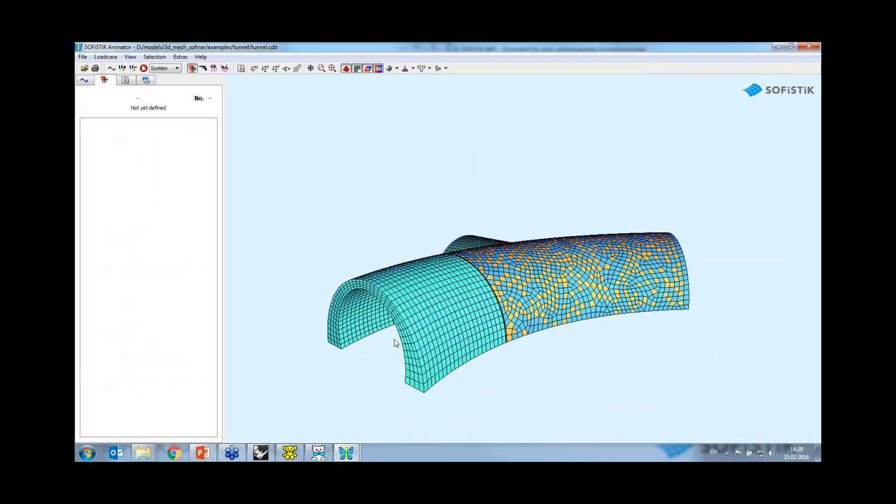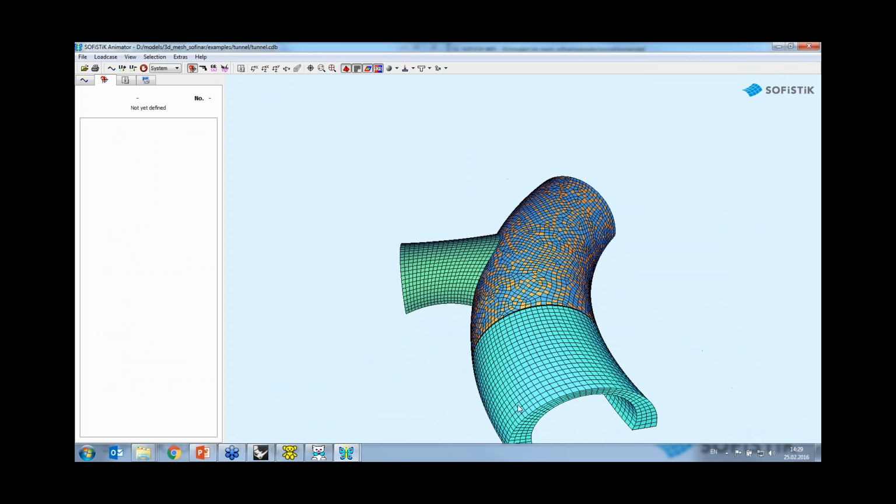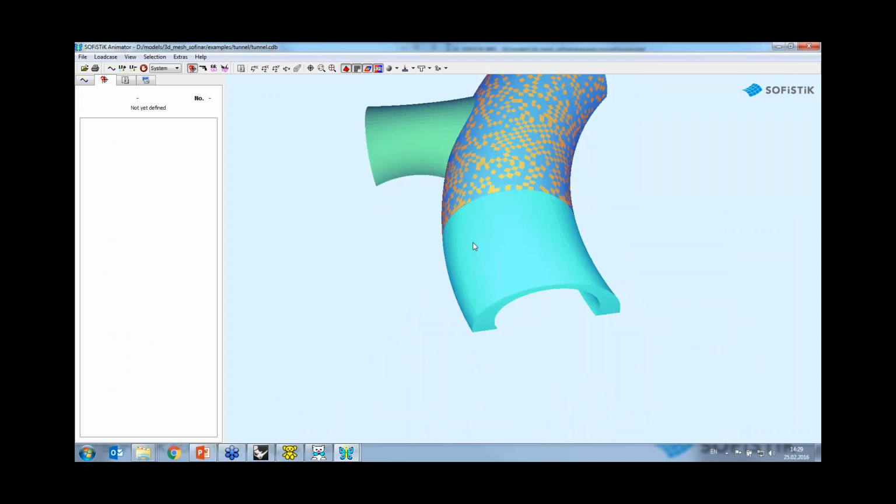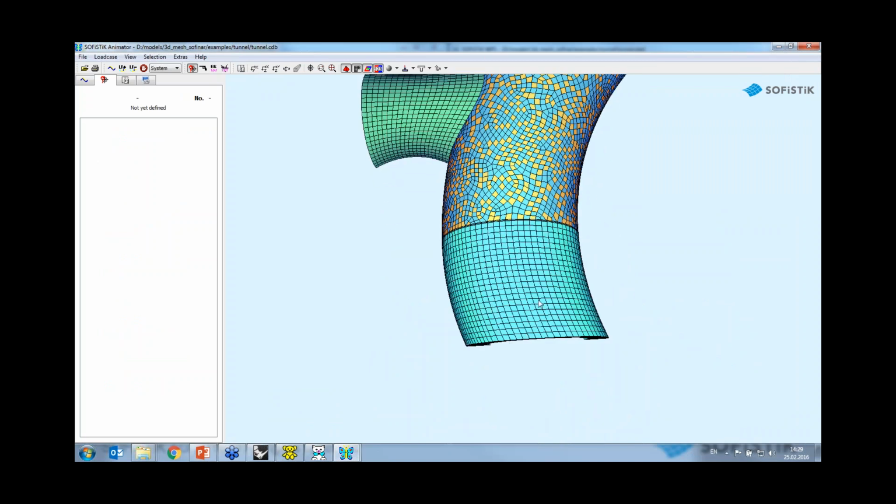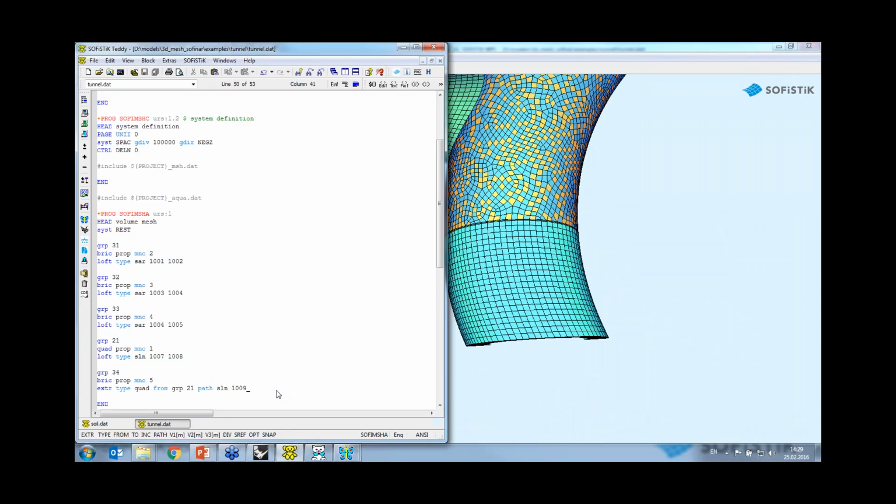We can see that the extrusion is complete. However, we can see that the layers of brick elements have been generated parallel to each other. We would like, in this extrusion, to follow the rotation of the structural line that has been used as a